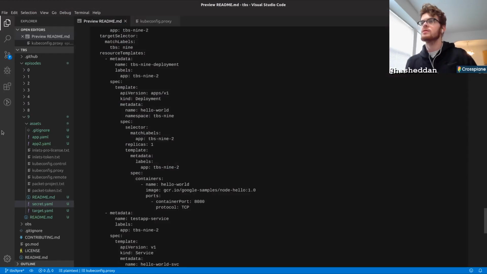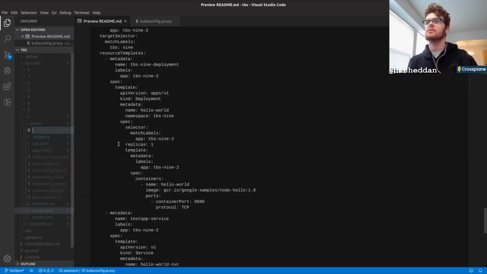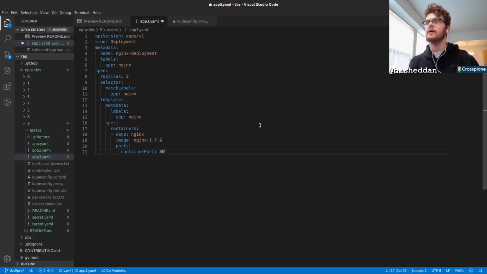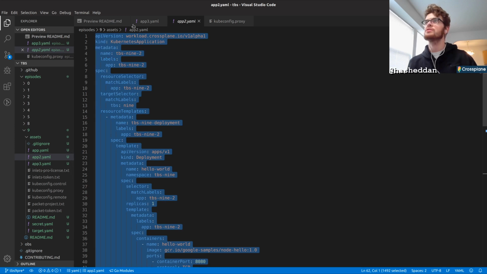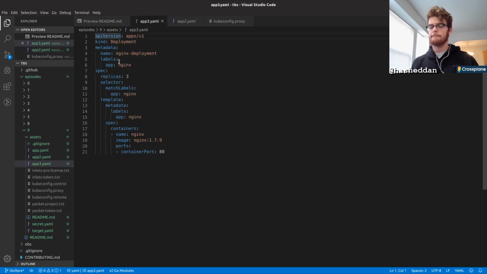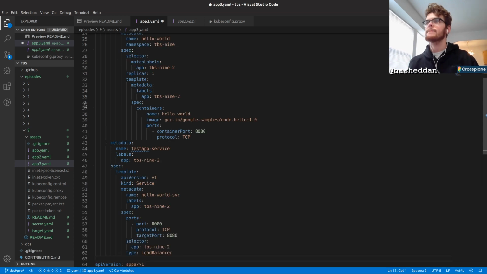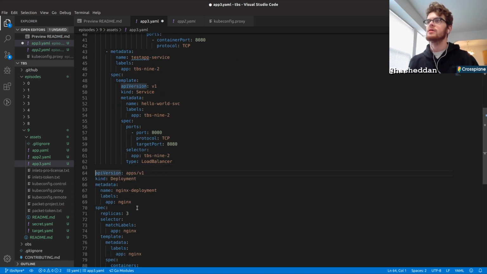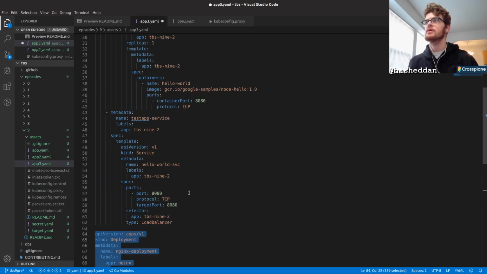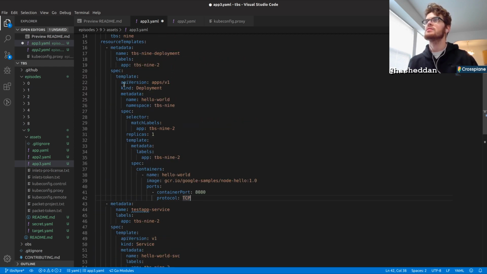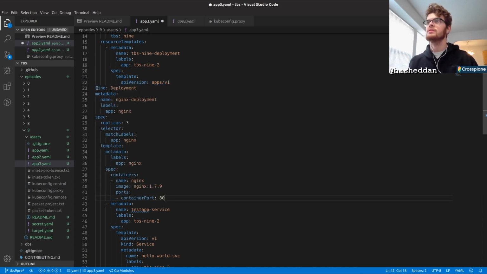Alright, so let's just create a new file here. We'll call it app3 YAML, and I'm just copying this over. So let's once again update this. So we're going to need to put this into our Kubernetes application. So I'm just going to copy paste this up here, and we'll replace this template